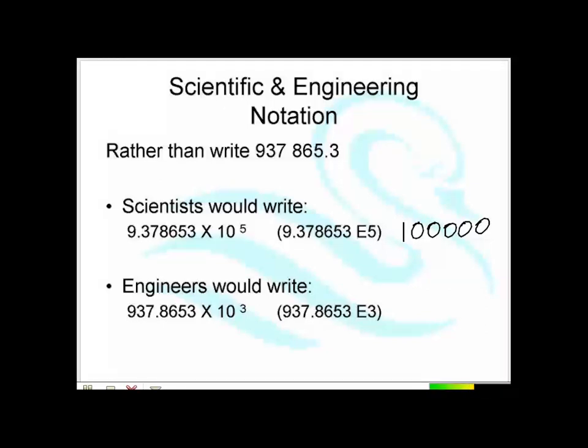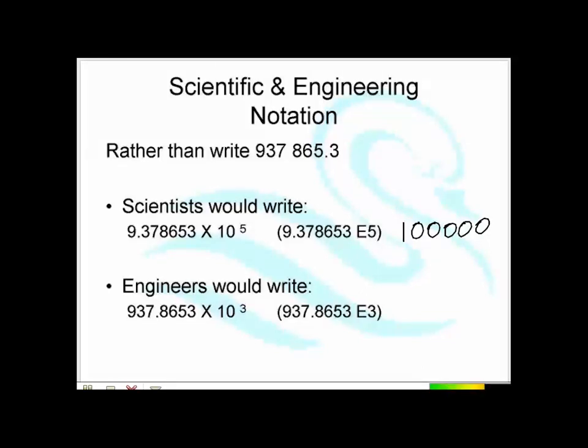In engineering notation, instead of going 9 point something or other, it goes to the nearest space. And we always space our numbers in threes. We always break them into threes using spaces. We never use commas. Now, those of you that weren't here last week, you may not know, but sometimes in